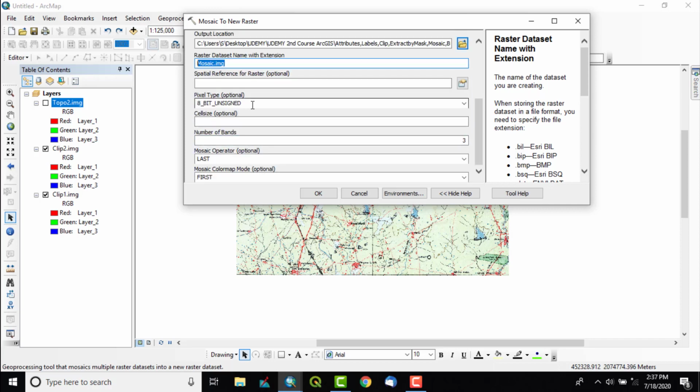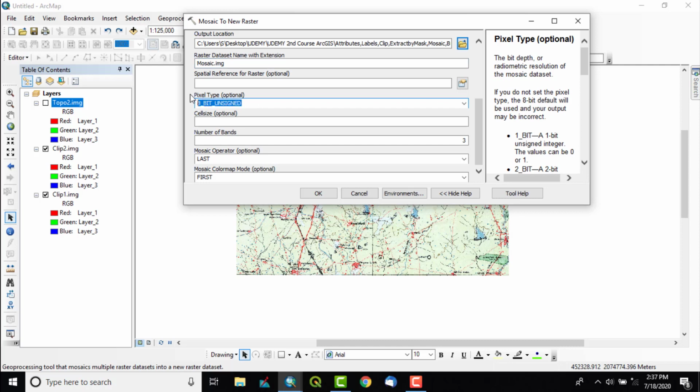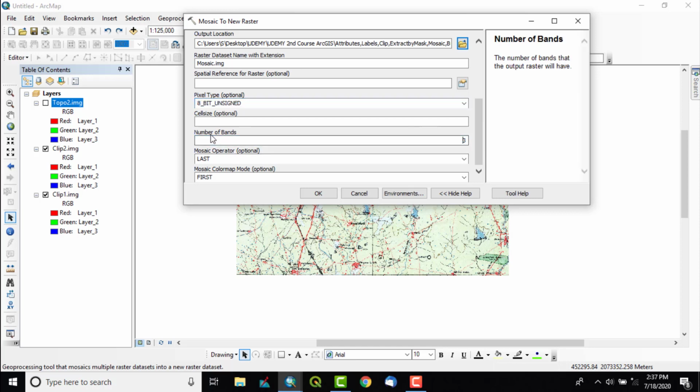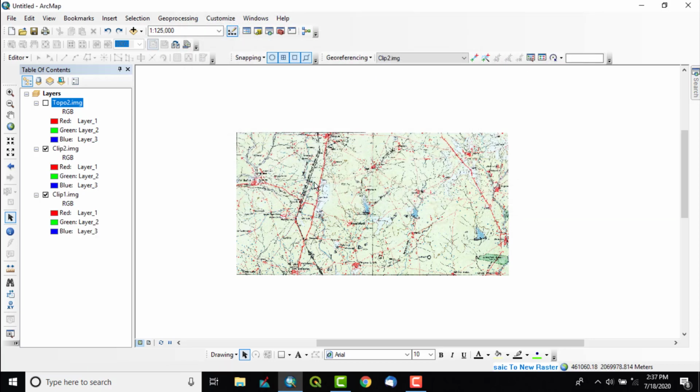Next we have kept this as it is, because our data is a color image or color map. And in number of bands, we have put 3, because we can see 3 colors are there. This way we can do all the inputs and just say OK, so that this tool will run.